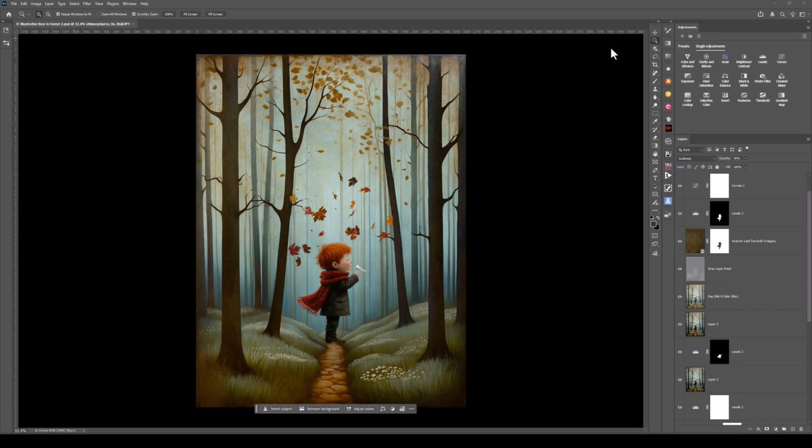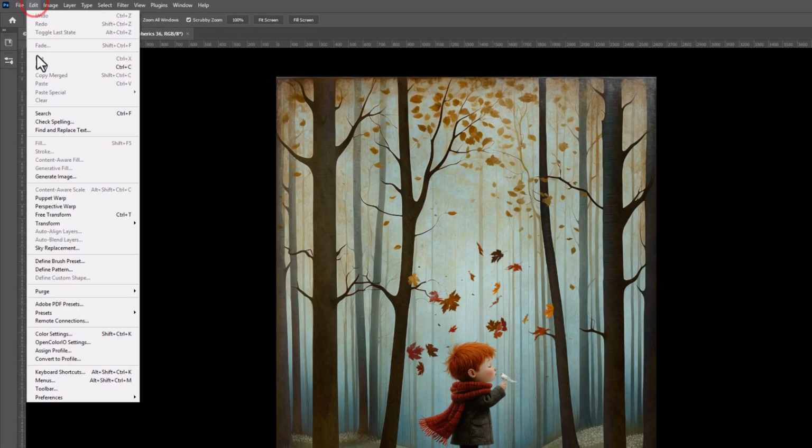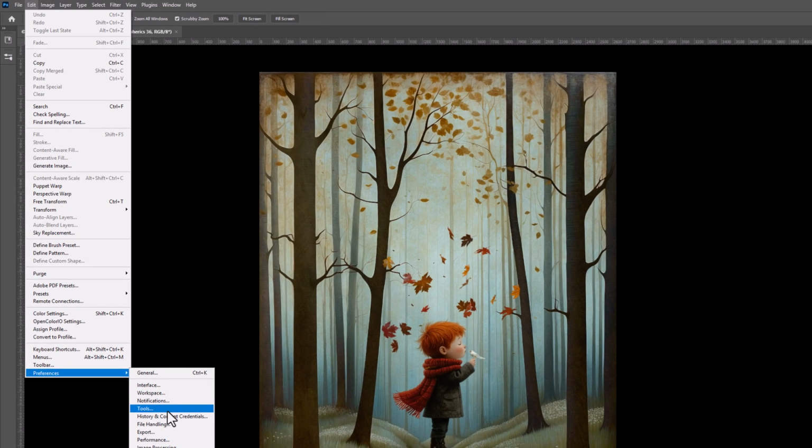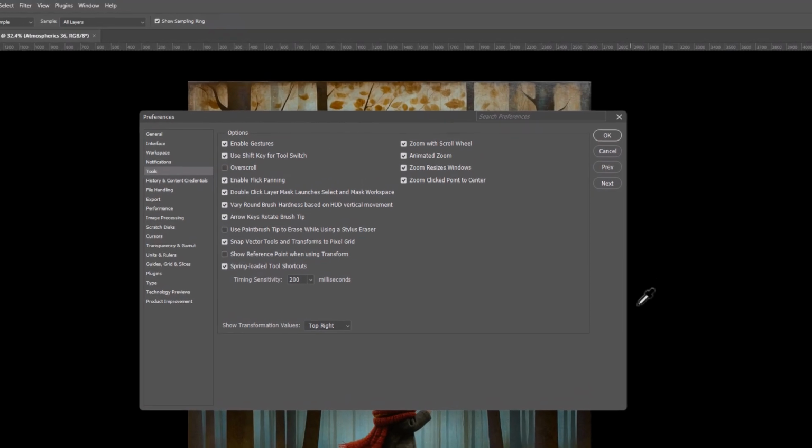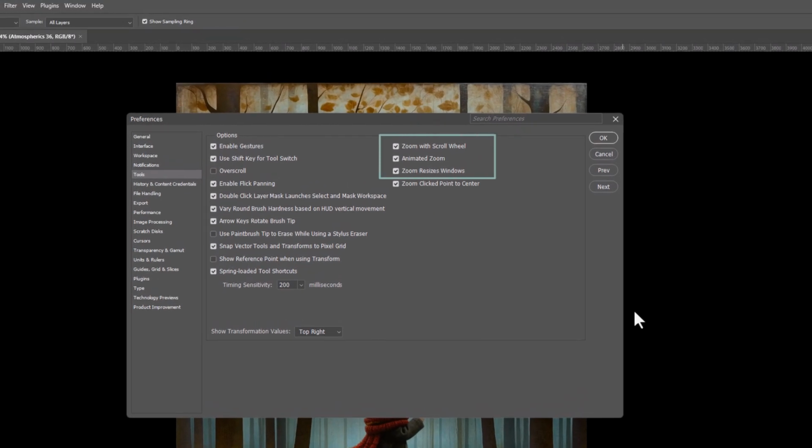Now, I'm working on a Windows platform. If you're on a Mac, it may be a little bit different, but you still need to go into your Preferences. I'm going to come up to here, Edit. I'll go down to the bottom, choose Preferences, then I'll go to Tools. The three ones that I like to have set up is Zoom with a scroll wheel, Animated Zoom, and a